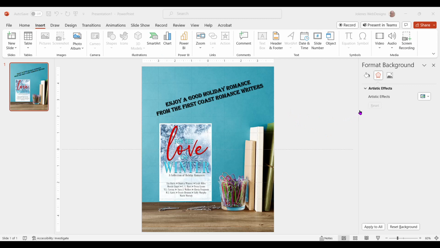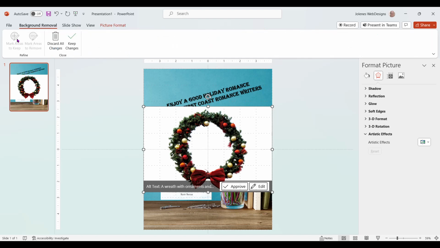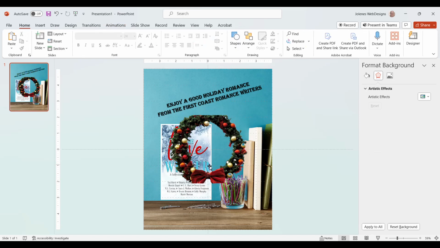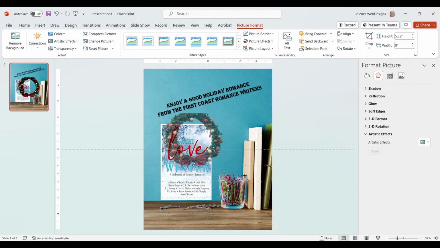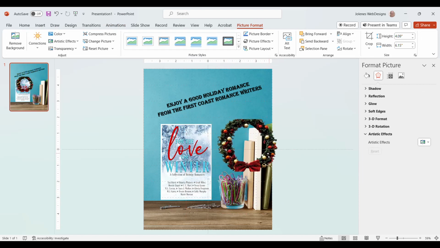Okay. Now, if you get the ones with the white backgrounds, they're usually transparent, and you can add them onto stuff. Okay. But if it's not transparent, you can use picture format. This is something new. Remove the background, and then it makes it transparent for you. I'm going to put it